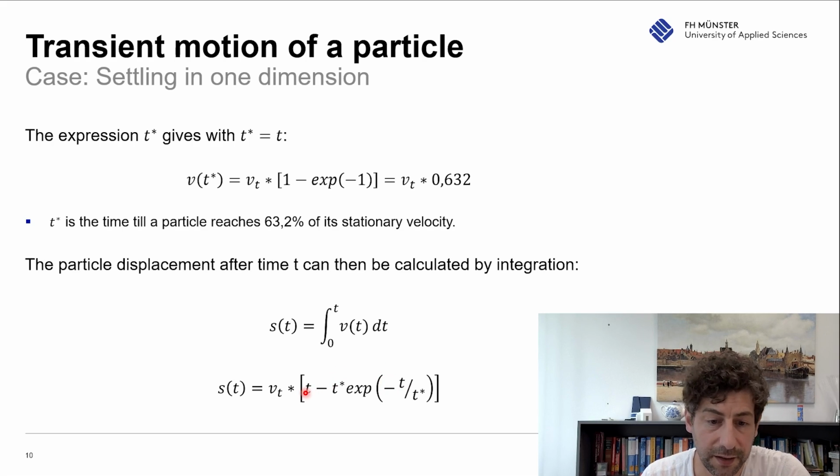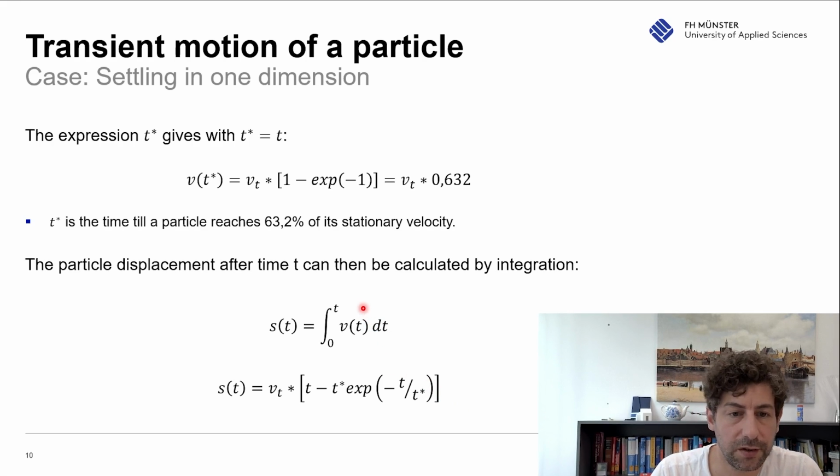Once you know t as a variable, t star normally is known if you look at density and viscosity, so that's quite easy. The settling velocity can also be calculated. So here we have two expressions to calculate the velocity and distance of an accelerating particle. However,